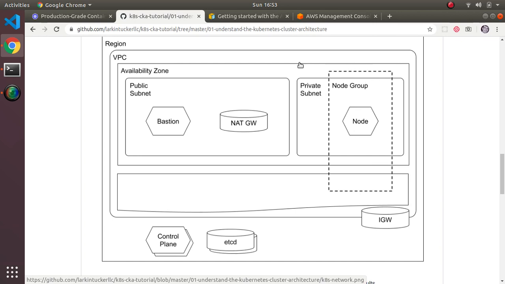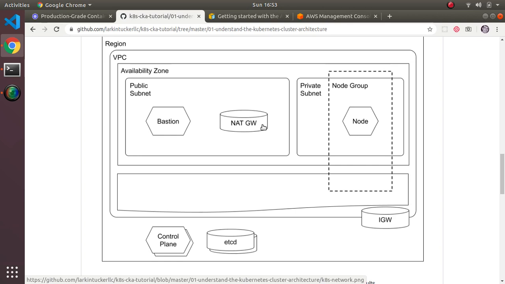And then, of course, because you have a private subnet and a public subnet, as part of your build you'll get an internet gateway for the public subnet, and you'll get a NAT gateway that manages your traffic for the private subnet. One of the things that you will want to do also, separately outside of the build,